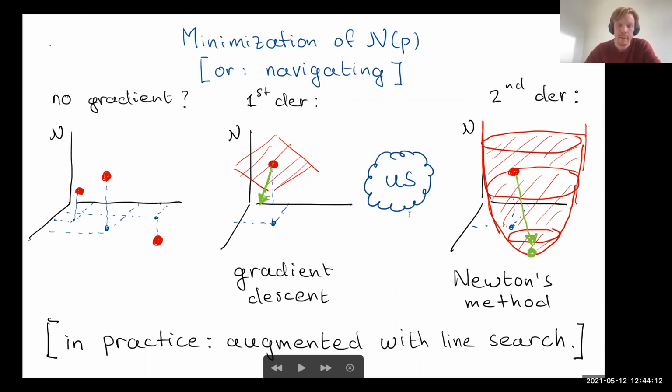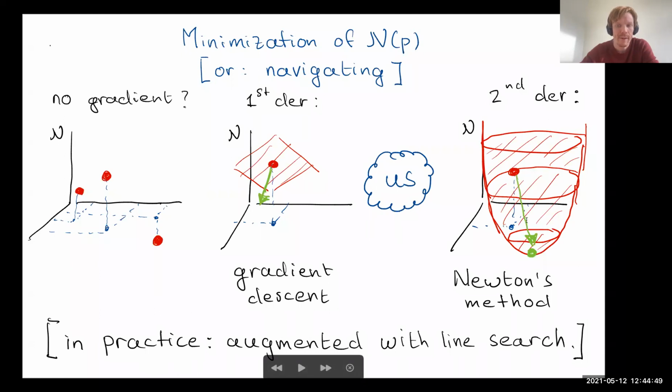Now, one other thing I should say is, of course, that this gradient will give you a direction, or this Newton's direction, Newton minimization will give you some heuristic point. But in practice, your quadratic model may not be completely accurate, because this is just a local model constructed from the first and second derivatives. And once you take a finite step, you might find that the function actually behaves very differently. So what people do in practice, and that's also what we did, is you just augment this with the line search methods. So you say, let the gradient, or the Newton minimization, the minimization of the quadratic model,